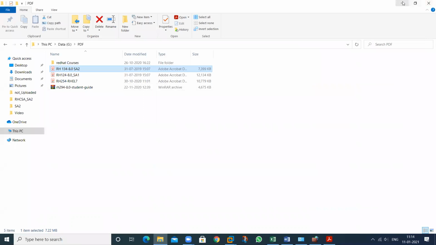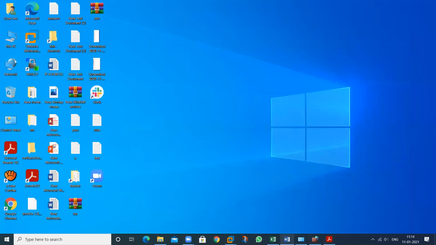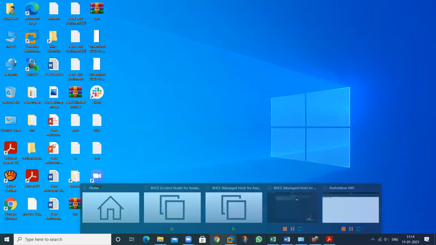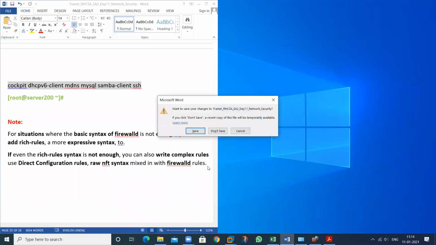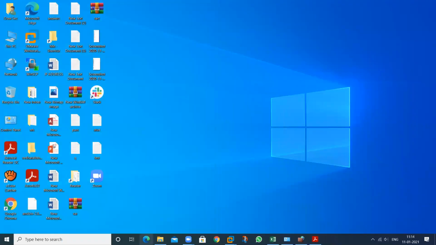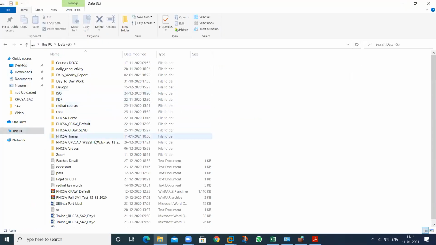Tell me, what is the functionality that you can use in Windows also? Rahul, any knowledge about it?